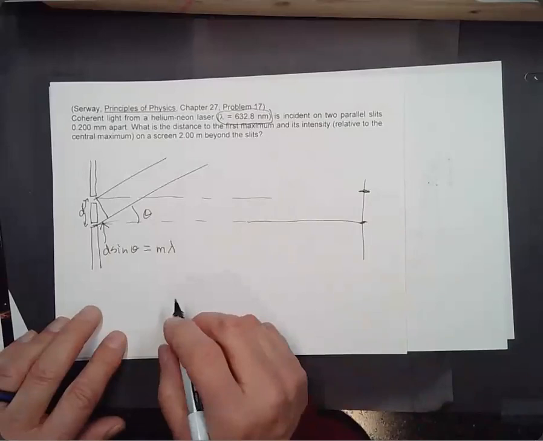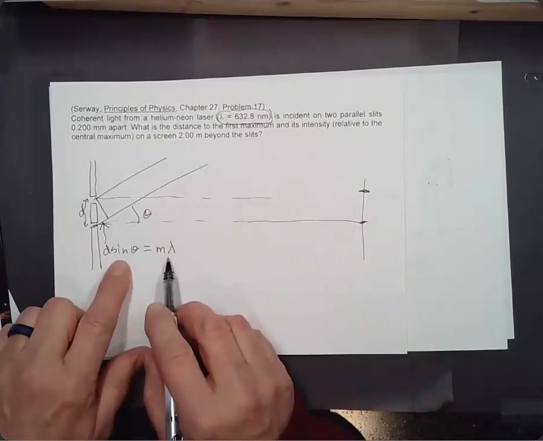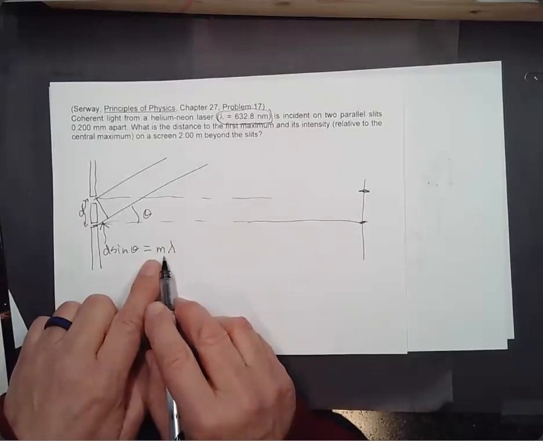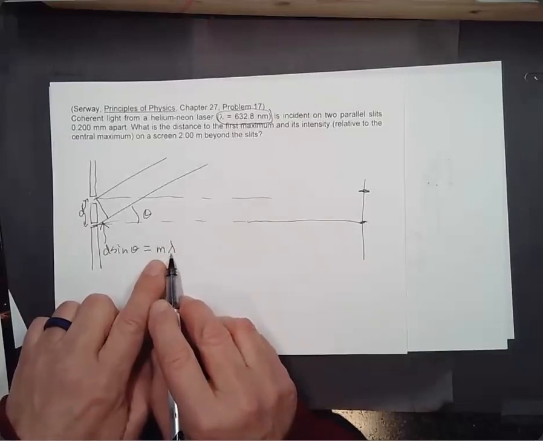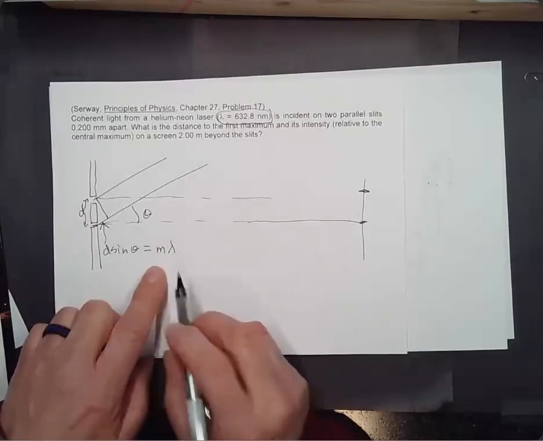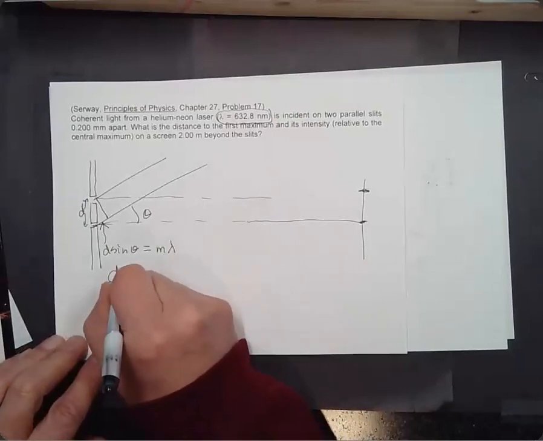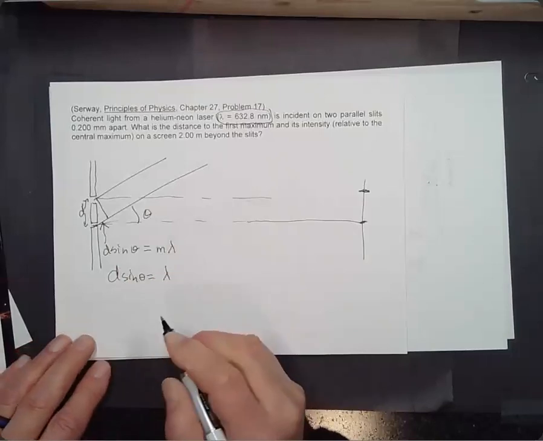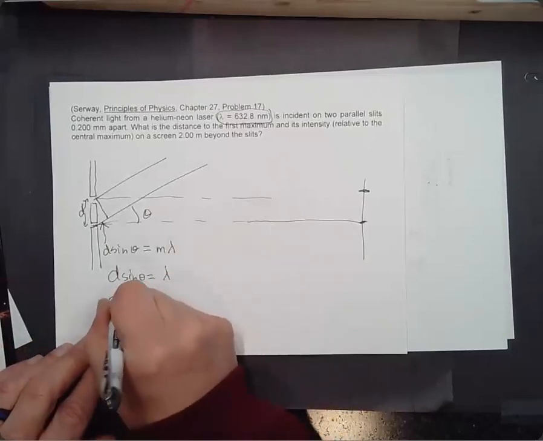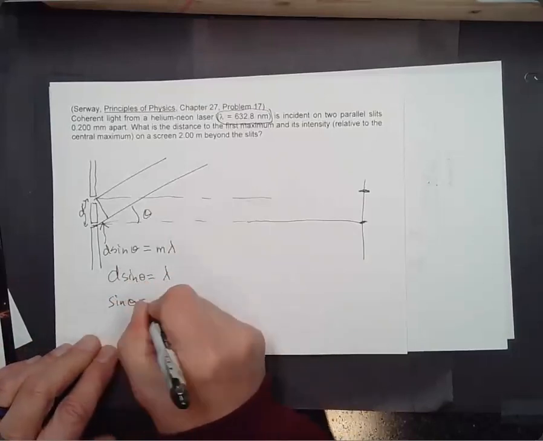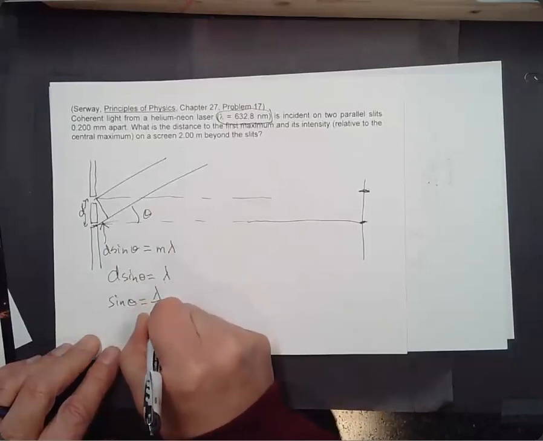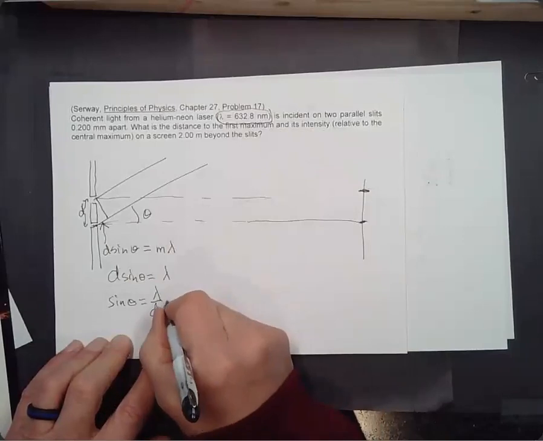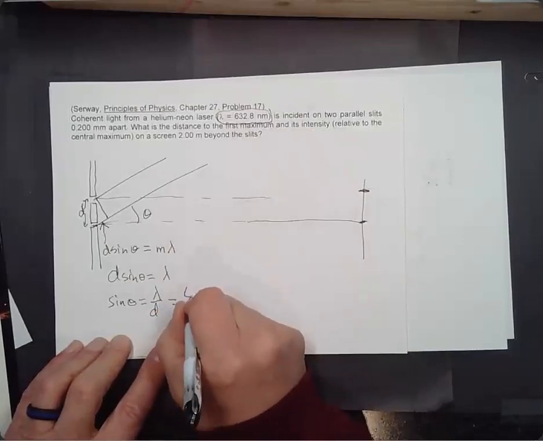So I'd like to know what that is. Well, it's going to happen when d sine theta is equal to 1 times lambda. The central maximum is 0 times lambda. So I want to know d sine theta is equal to lambda. Okay, well, sine theta is going to equal lambda divided by d, and I think that's the same lambda and the same d that I had before. So it'll be